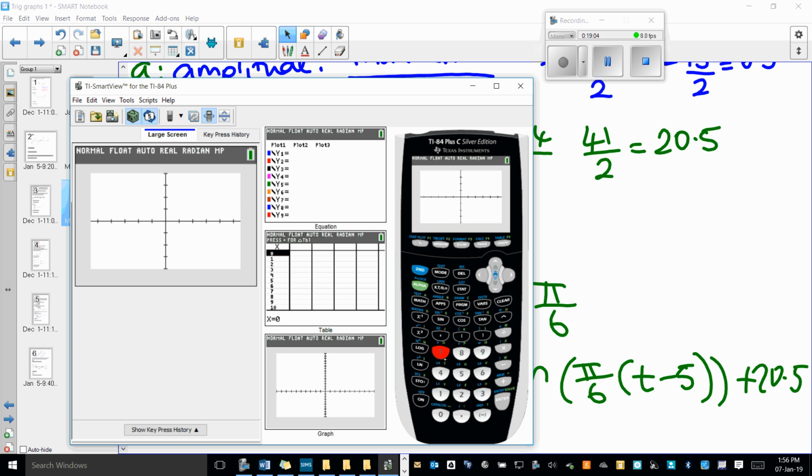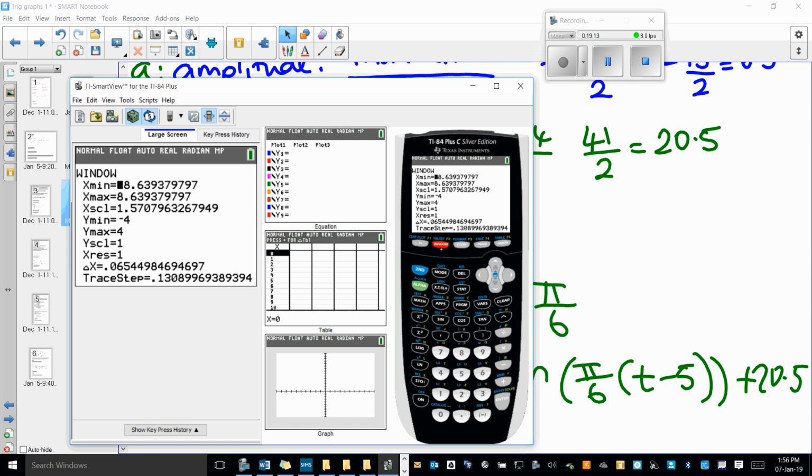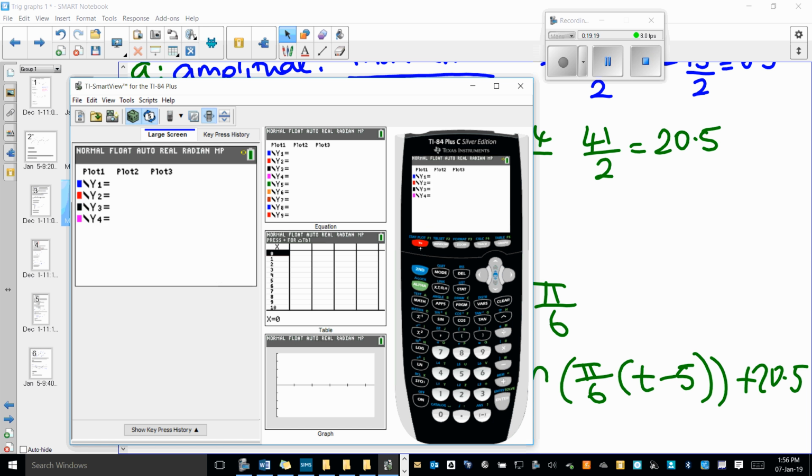Now, that does go into the negative part. So what you might want to do is go into window and change your x minimum to be 0. And then you go into the y equals and you plot what we've just plotted. So you do the 6.5, and so on, and hopefully it will come up with something that looks like this. So our x now